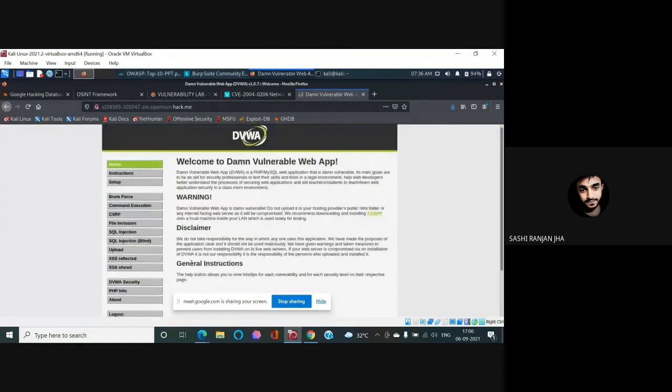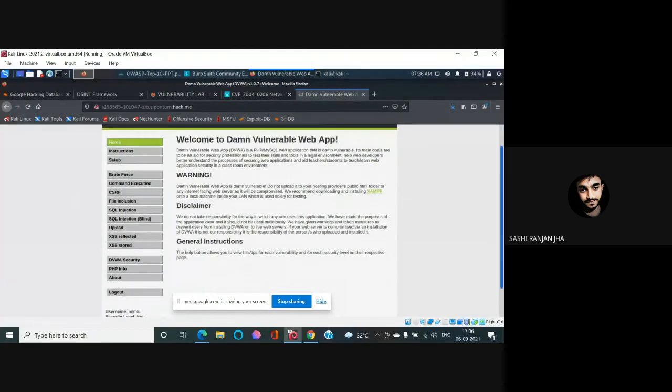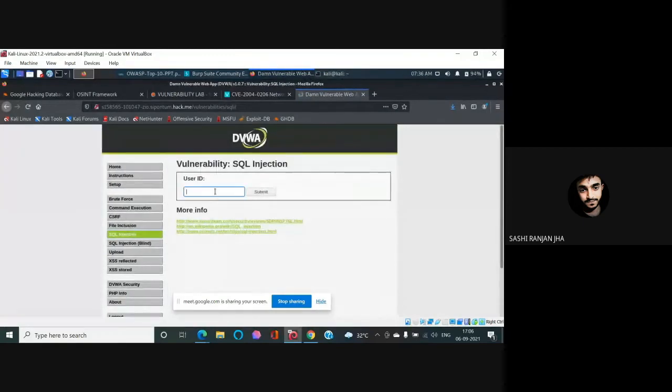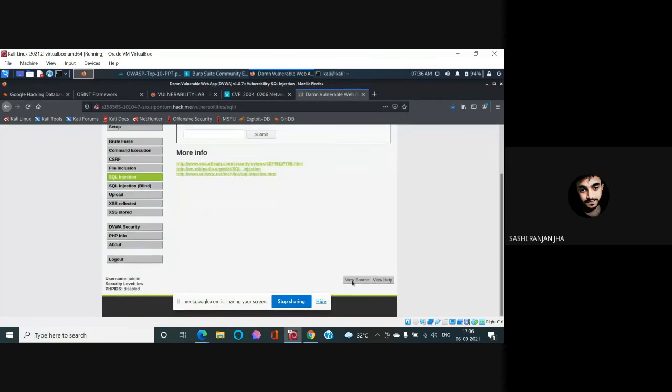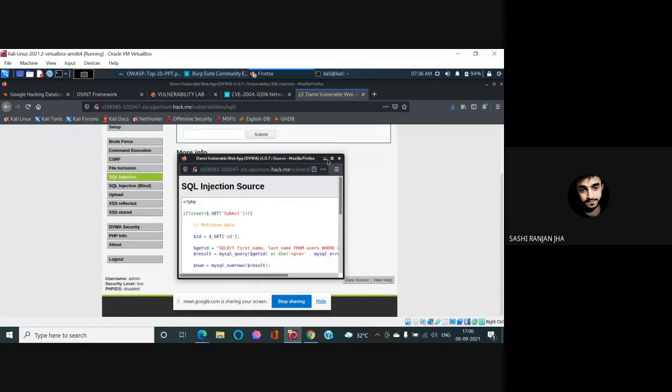So here we see different kinds of attacks being listed. Let me give you a simple overview of SQL injection, like how it looks. So it wants some kind of user ID or user input, and if there is no input sanitization, we can go and see the view source code over here.